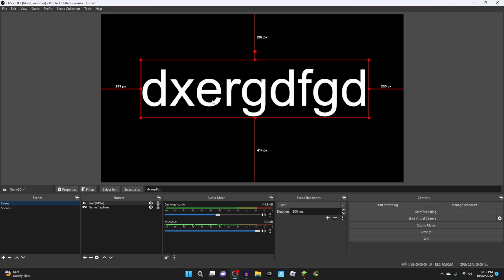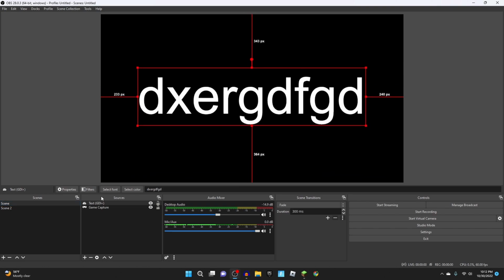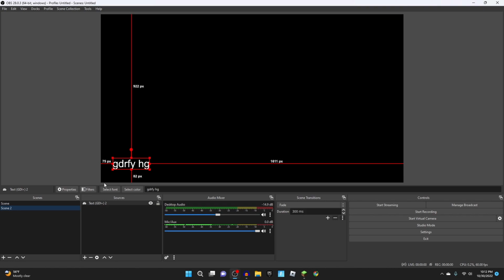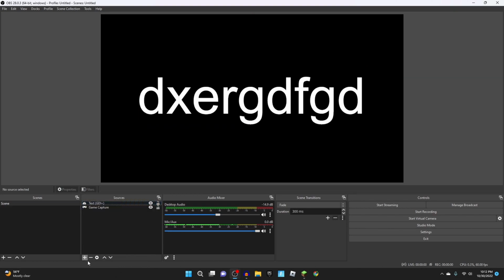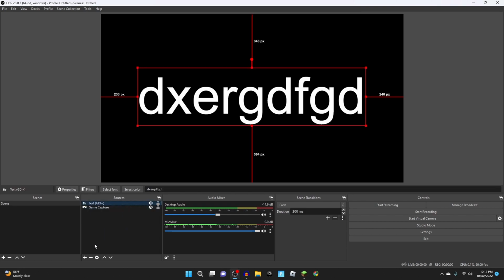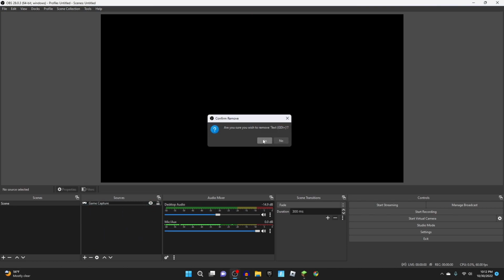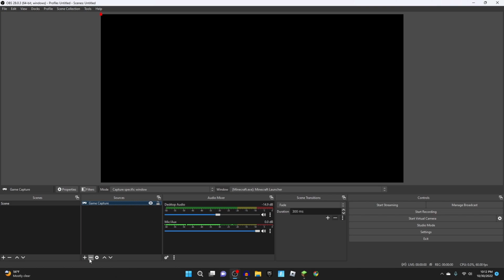So scene 1, you had this big old text. Scene 2, you got the tiny text. So that's pretty much the purpose of scene 1 and 2, or however many scenes you want. I don't really know how to explain scenes, but